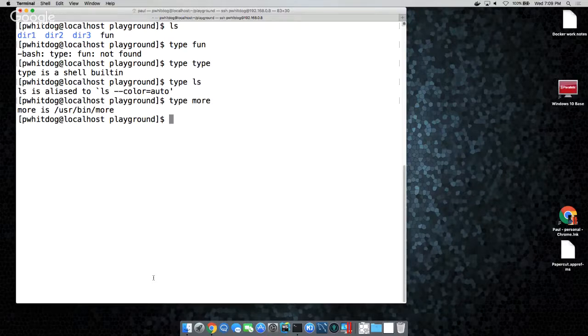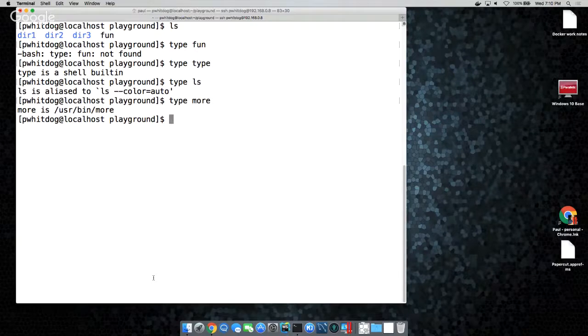Look at the second line in the terminal there. You see dir 1 2 3 is blue. The reason it prints color is because the default ls has --color turned to auto. So is there a way to find out the type of the true ls command, unaliased? That's a good question. You'd have to have the path to where ls is, which would be in a bin somewhere probably.